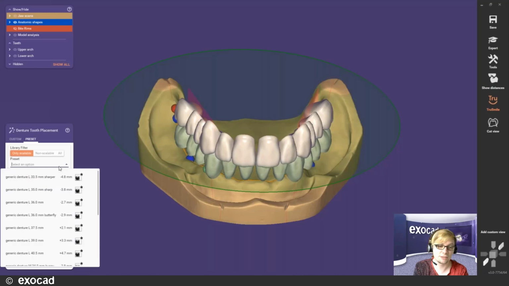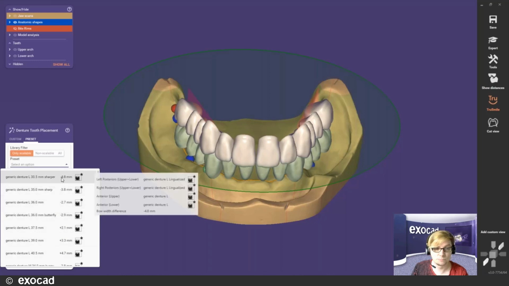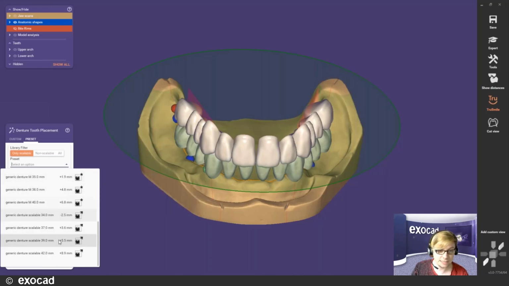So you see if the teeth are too big or too small for the whole jaw. And this is the number back here showing you, okay, this bow would be 4.8 millimeters too small for this whole jaw. And if I select something here, see something that's not that far off,